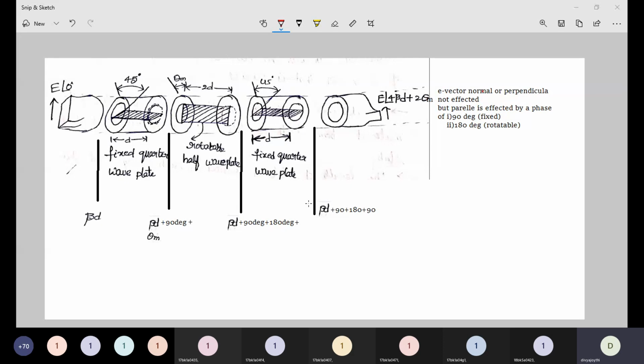That can be simply represented as e to the power of angle of 4 beta d. So the presence of the plates makes the output have an additional phase shift of 2 theta m. In each and every waveguide here, you can observe the dielectric plates, right?